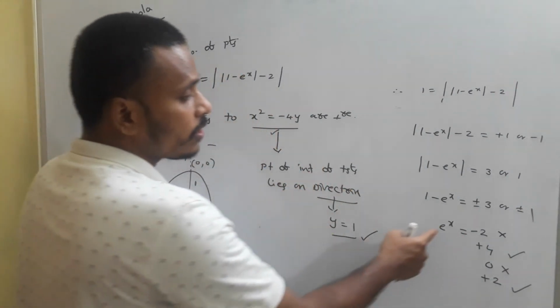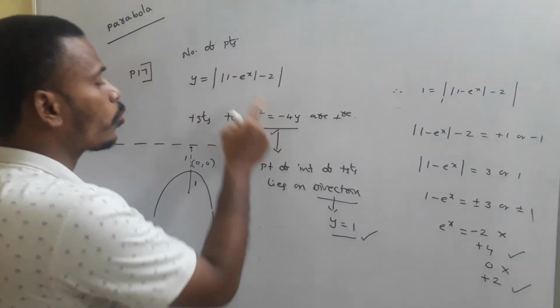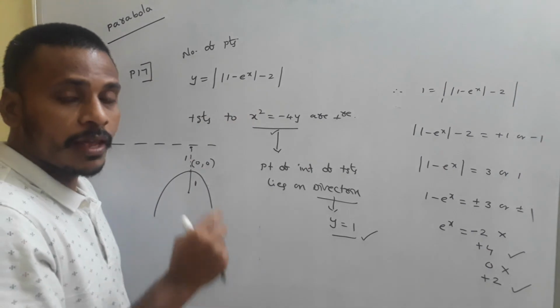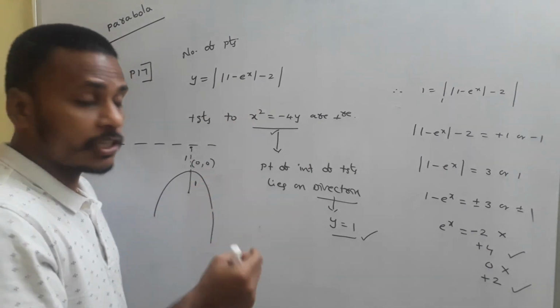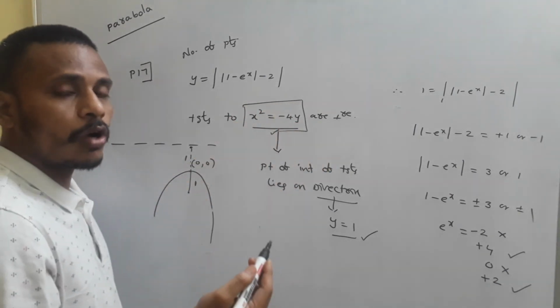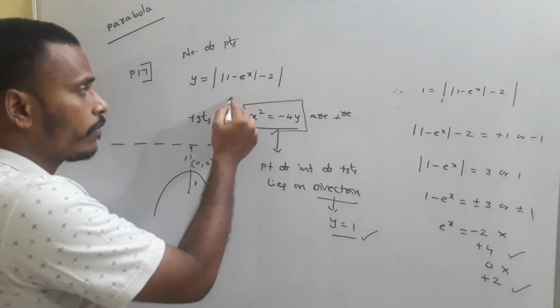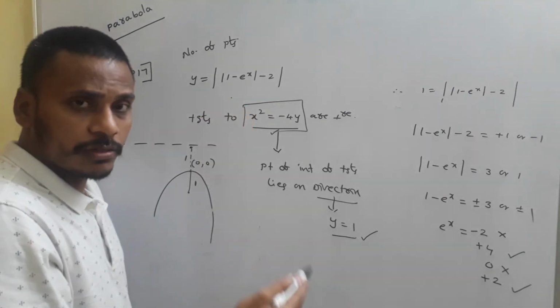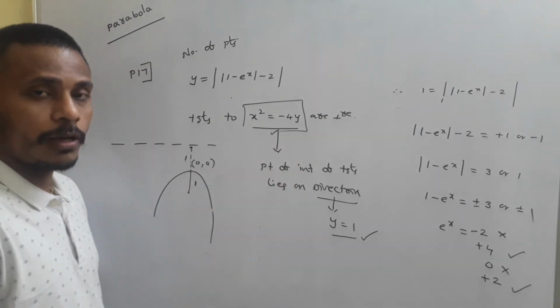So since x has 2 possibilities for this relation, that means y is equals to 1 and this curve have 2 common points. From those 2 common points, if we sketch tangents for this parabola, those tangents are perpendicular. So our answer at the end is 2. 2 points on this curve give us tangents to the parabola which are perpendicular. Okay, have a look.